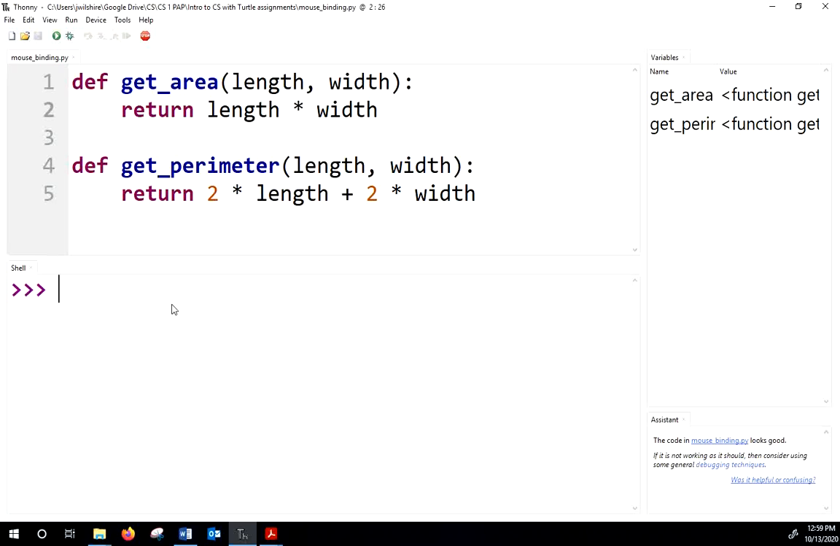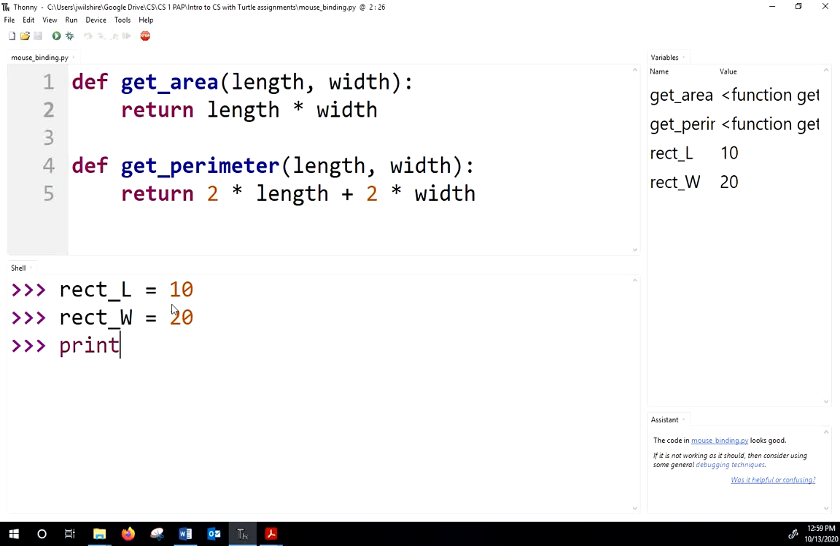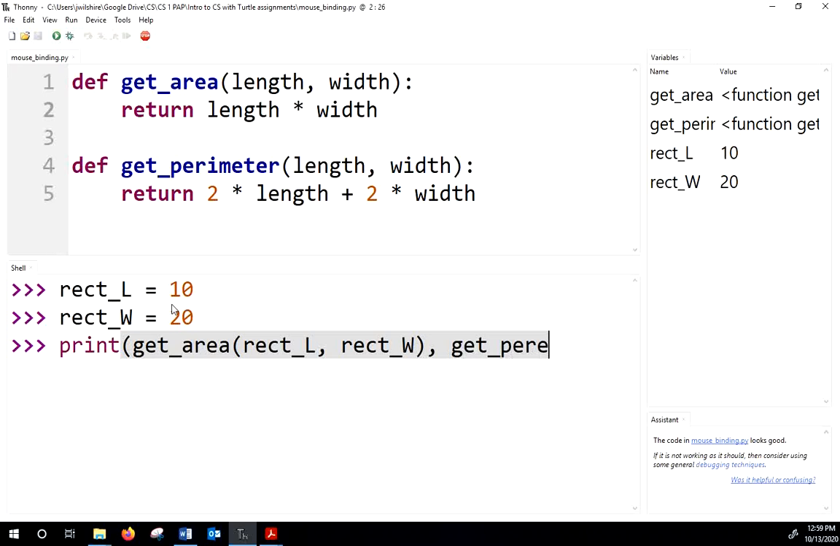And so now I can do stuff like print. Let's say I had a rectangle called rect, and the length was equal to 10, and rect W had a width equal to 20. Then we can print get area rect L, comma rect underscore W, and I know I'm typing fast, but I'll slow down. Get perimeter